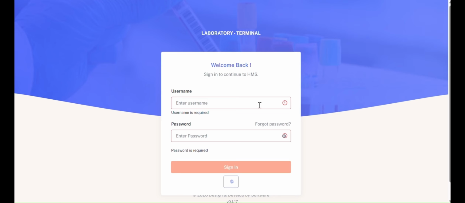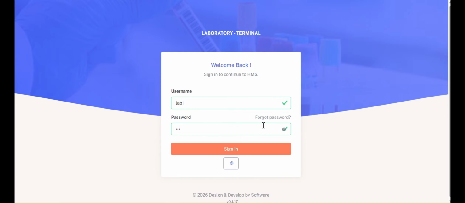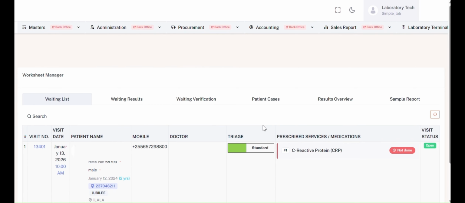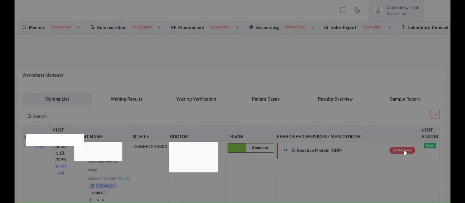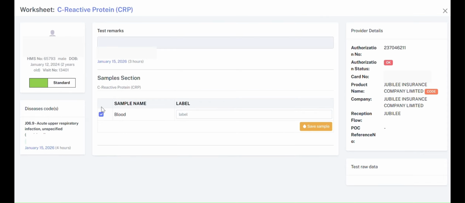Now we switch to the lab terminal. We start by entering the login details. The lab dashboard displays pending orders. The technician opens the patient's request and reviews the ordered tests. In the sample management section, the technician confirms test requirements, collects the sample,